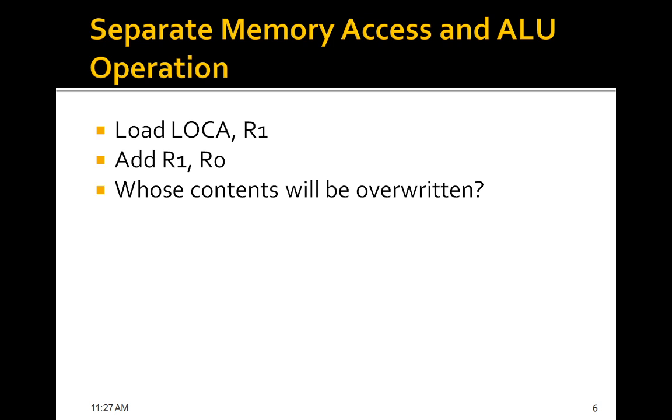Okay, so we can note here that this is going to destroy the former contents of register R1 as well as R0, because location A will be written into R1, so whatever value was present in R1 is overwritten. That value is then added with R0, so whatever R0 had will be removed and the result is stored into R0. Whereas the original contents of memory location A will be preserved. The location A value is going to remain the same, whereas R1 and R0 are going to be overwritten.